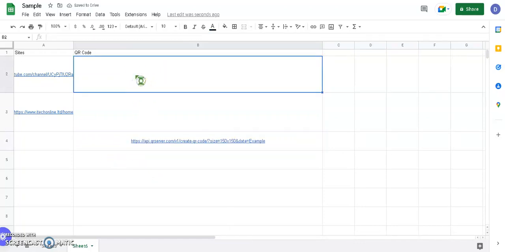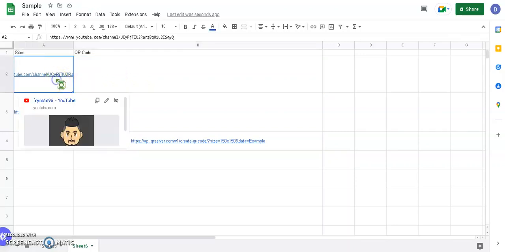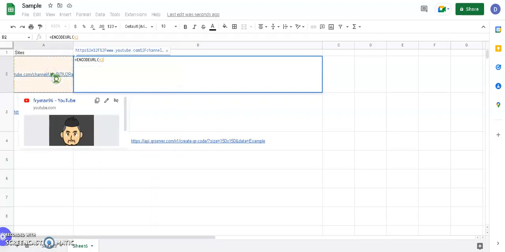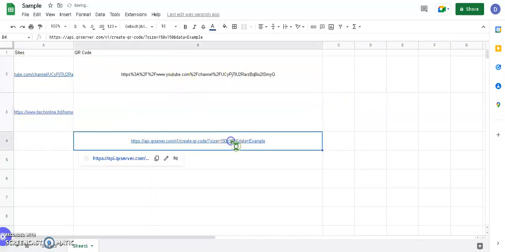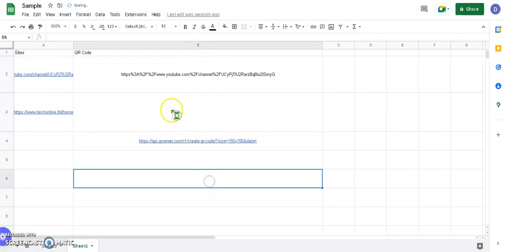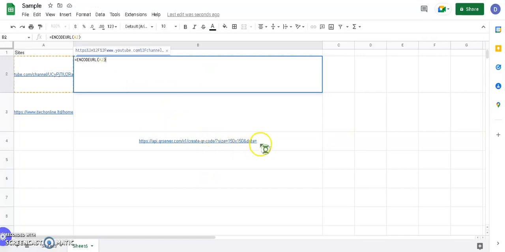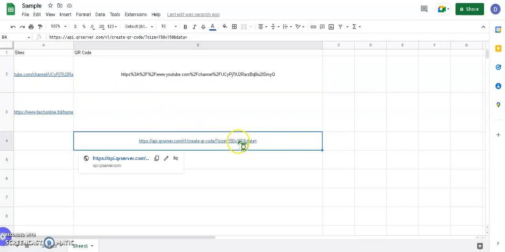Then we're going to generate a link for this channel, and we're going to use ENCODEURL and then select the text. All right. Here we're just going to remove the example word. Okay, and then here we're going to use the link, this one, going to copy it,